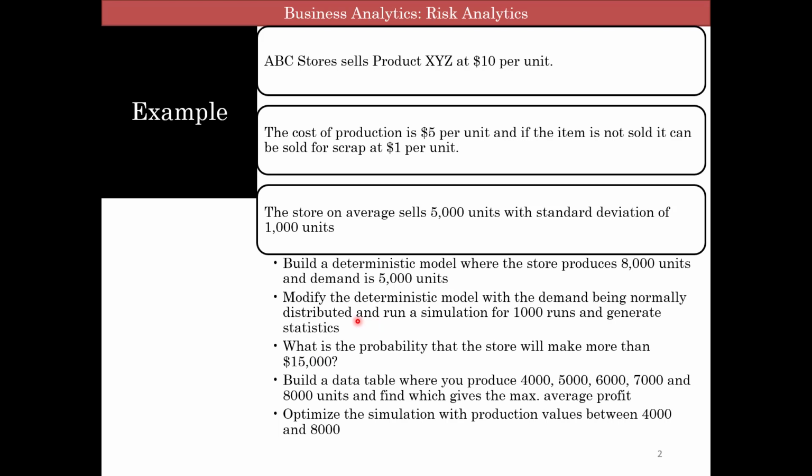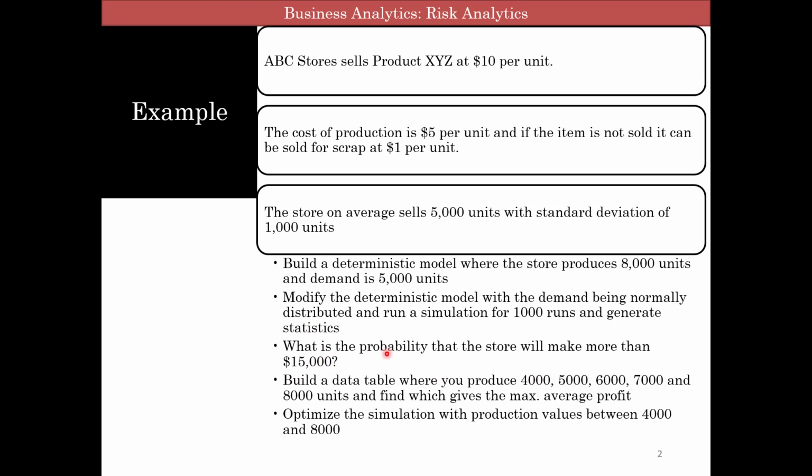Once we finish this, we're going to build a data table for how much you produce. Right now we said 8,000, but we're going to do a what-if analysis within the simulation. So we're going to assume that the store produces 4,000. What happens to the profit and the probability? If you do 5,000, what happens? If you produce 6,000, 7,000, 8,000. So we're looking at 1, 2, 3, 4, 5 different simulations,